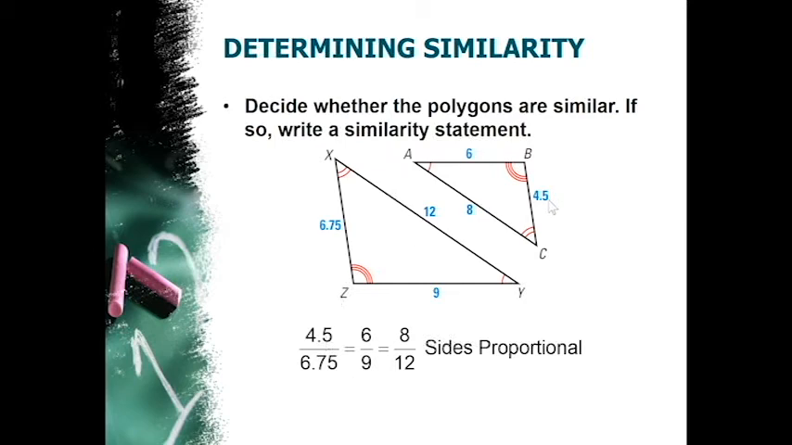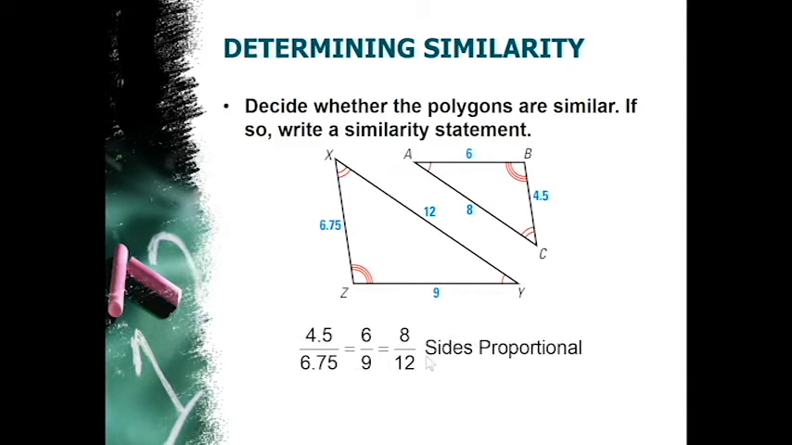4.5 is our smallest side in triangle ABC. 6.75 is our smallest side on XYZ. So those two would go together. 6 is our middle side length. 9 is our middle side length. Those two would go together. And 8 is our largest side. And 12 is our largest side. Those would go together. If you divide each of these fractions out, take a look at the decimals, you'll see